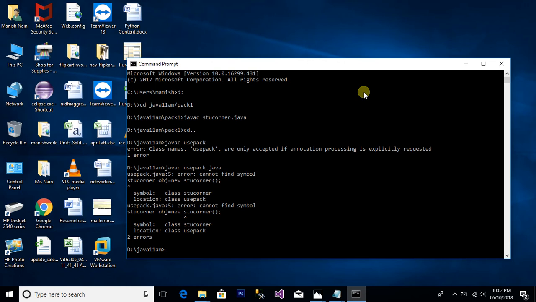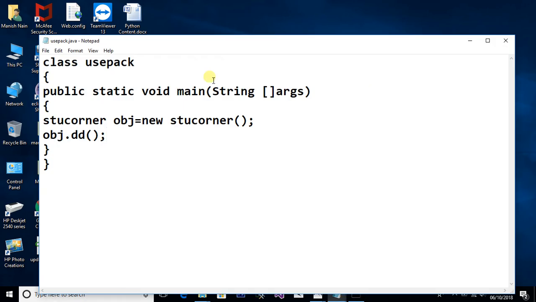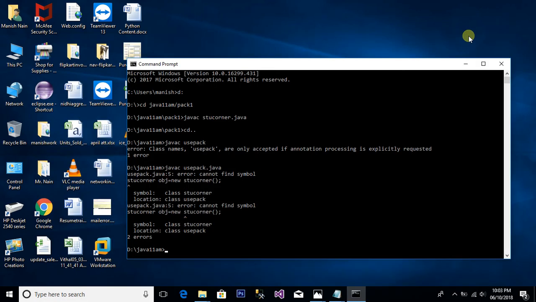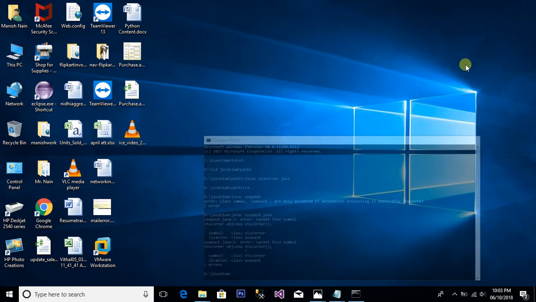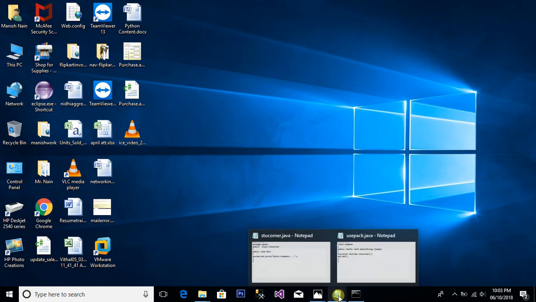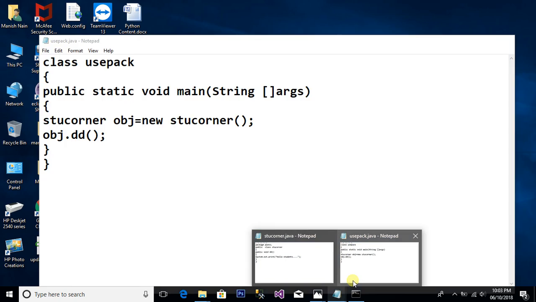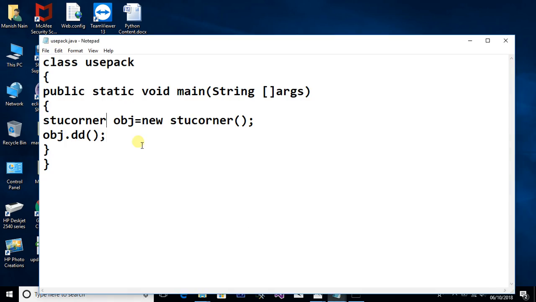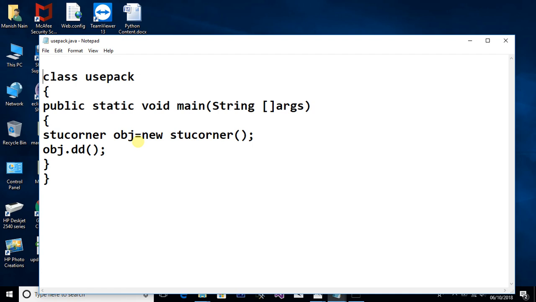Yeah, it throws an error. It's showing stucorner not found. Why? Because stucorner is under the pack1 directory, pack1 package, and there is no information about the pack1 package. So you have to mention here pack1 package, and you write there at the top of the project,